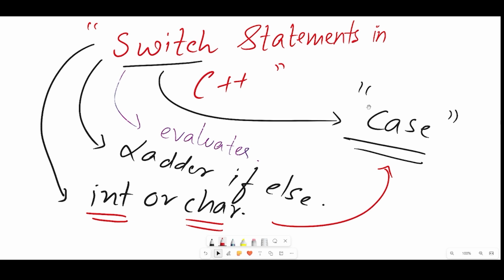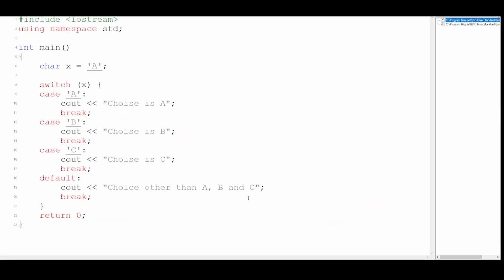So let me show you a program of how exactly the switch statement works. Here I have a very simple program of switch statements and the cases. What I did over here is, first inside the main function, I have taken a variable x, which is of character data type, and taking a character A, in capital letters. Then we write the word switch and we pass whatever variable that we have taken. So this variable will analyze each case that we have written here. Now I know that my x is A, so that means this A will come inside here, so here it will go as capital A.